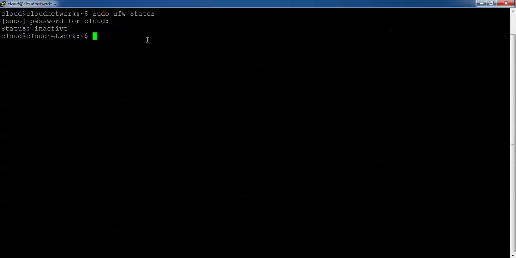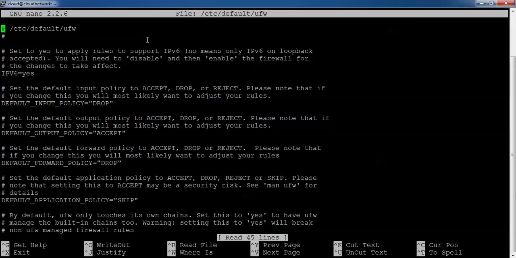It shows inactive. So now we need to open nano /etc/default/ufw. Press enter. We need to go to your default forward policy, and there we need to accept this one.